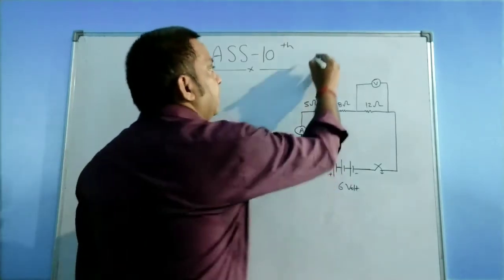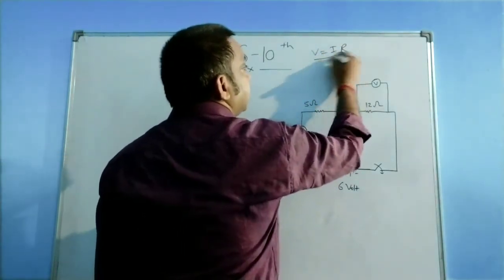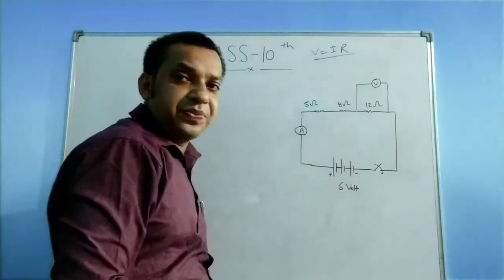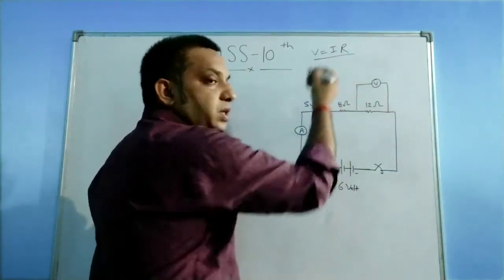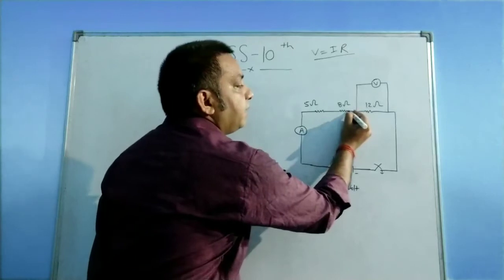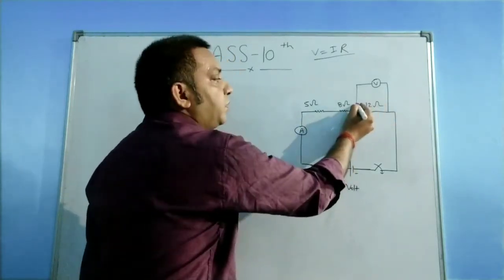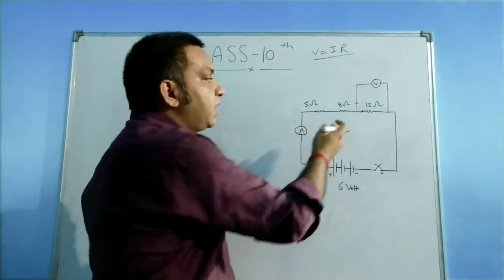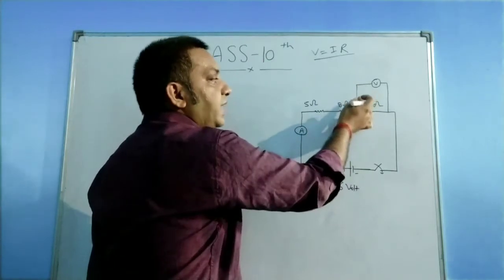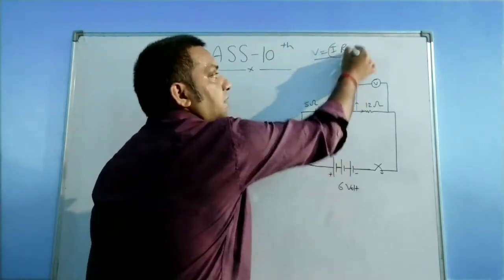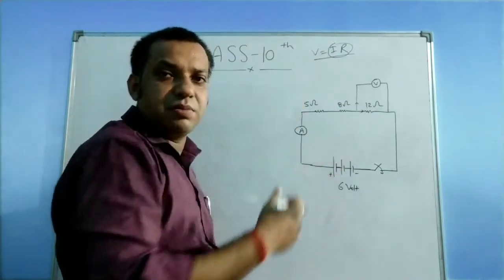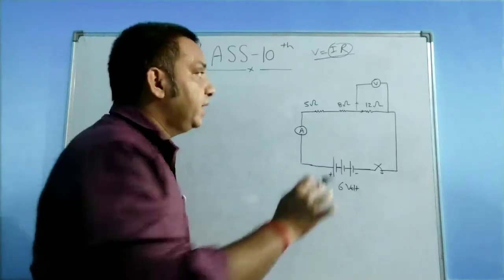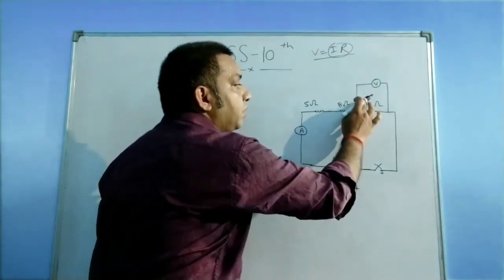Because according to Ohm's law, the value of V is I into R. So if I is unchanged, then the voltmeter simply reads V equal to I into R. If the resistance of the voltmeter is small, then the current has two options. Here two branches are there, so some current will flow this side and some current will flow this side. The current flowing in the voltmeter side will not be in this I into R, because part of the current is flowing in the voltmeter. That is why, in the ideal case, the voltmeter resistance is very high, so no current flows in the voltmeter arm.